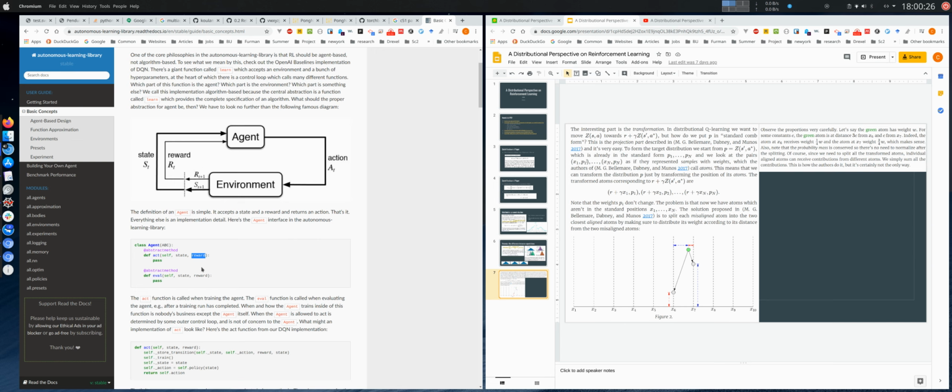So that's why they have the state and reward. I find it to be a little bit confusing, and it doesn't directly work with the gym interface. So you have to use one of the wrappers that they produce to make the actions behave this way. But overall, I find their code